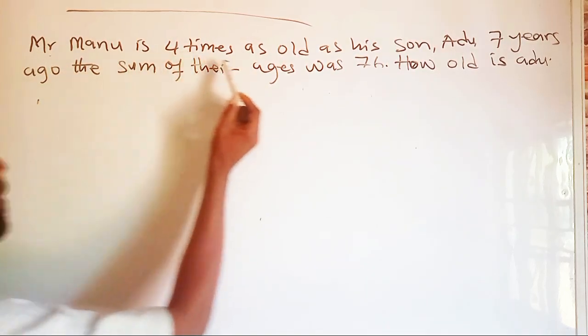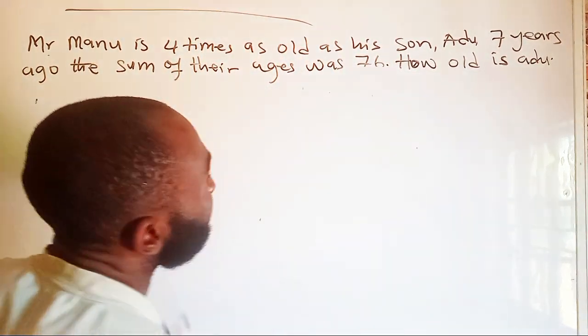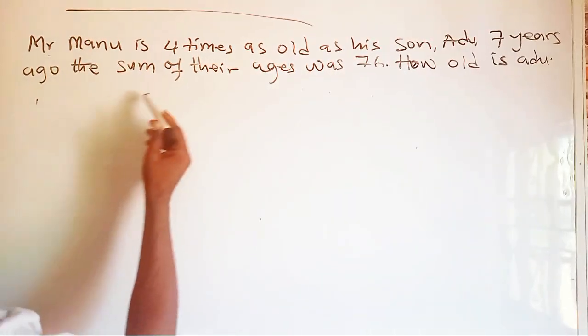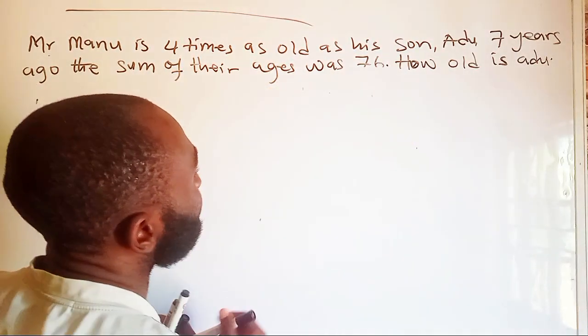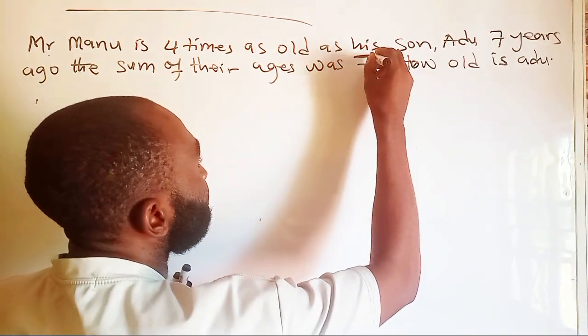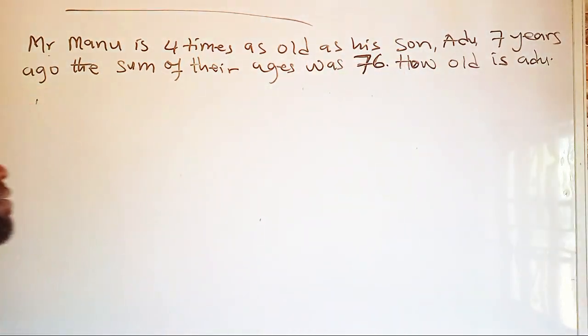Mr. Manu is 4 times as old as his son, Adu. 7 years ago, the sum of their ages was 76. How old is Adu? So,